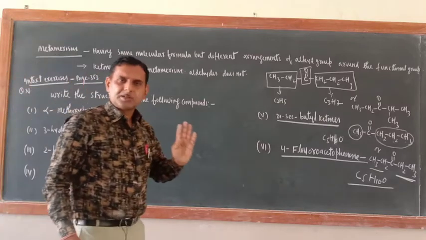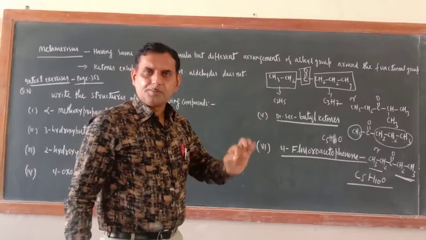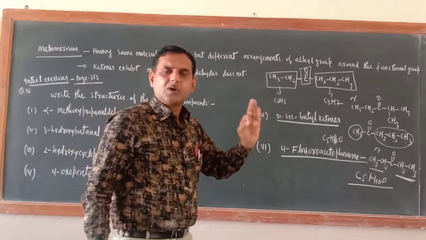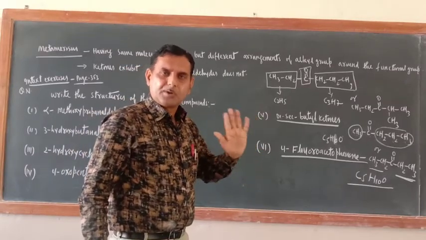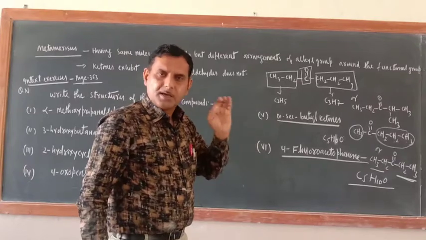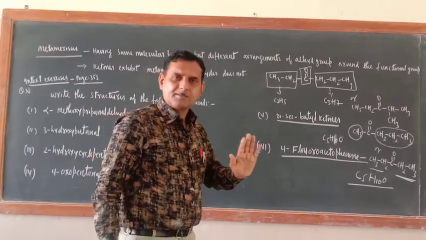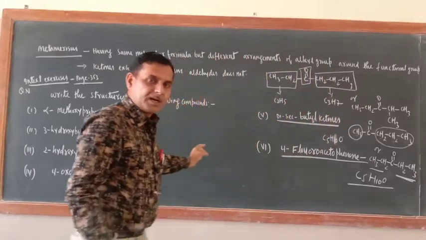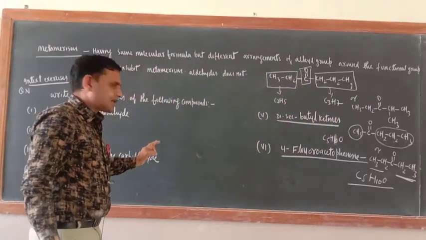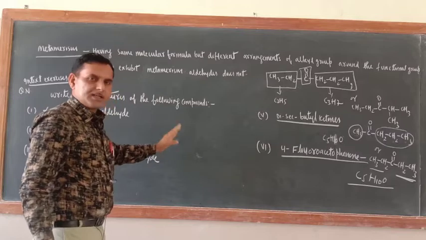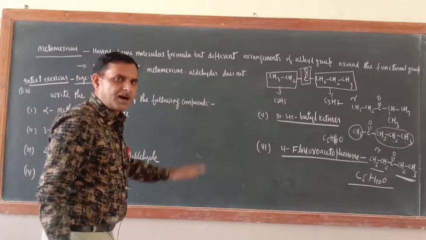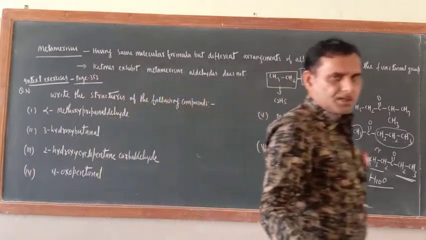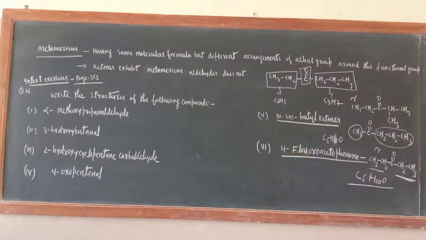In the chemistry question paper, I have seen that only if your basics are clear can you solve the papers. I am talking of scoring good marks. If you want to get the passing marks, then go ahead as per your plan. But if you want to score good marks, whatever methods I am telling, just keep practicing, work hard. Okay, so I will write the structures of these compounds whose IUPAC nomenclature is given.